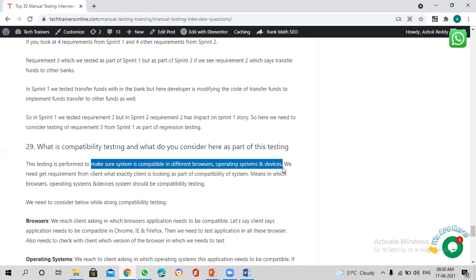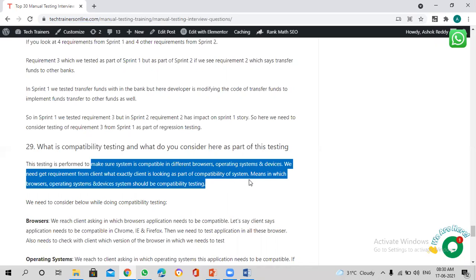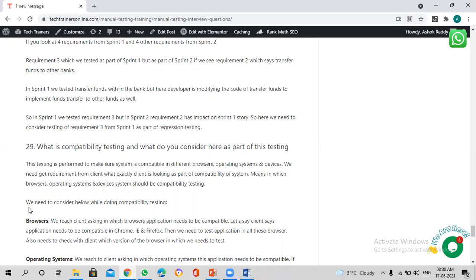We need to get the requirement from the client, what exactly the client is looking for as part of compatibility of the system, means in which browsers, operating systems, and devices it should be tested. So you need to ask the client what they want it to be compatible with.